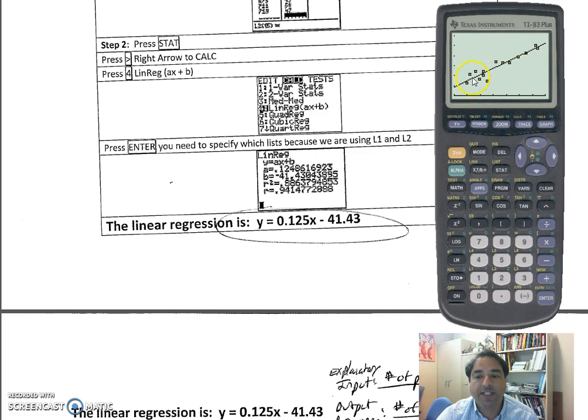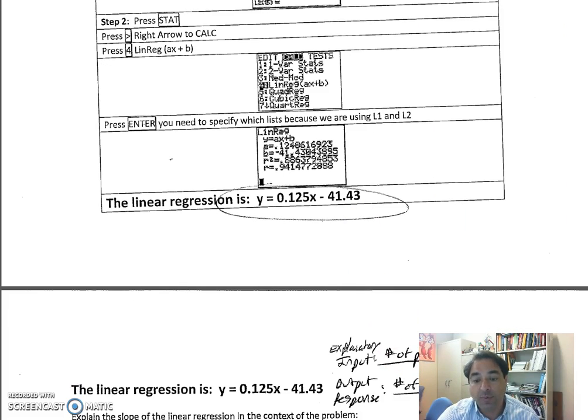Remember, your calculator is taking all the dots, all the data, and finding the line that's the least squares regression, the least distance from every point. And then the most important part is, what does this mean? Remember, slope is output over input. So if we go and explain the most important part of this,